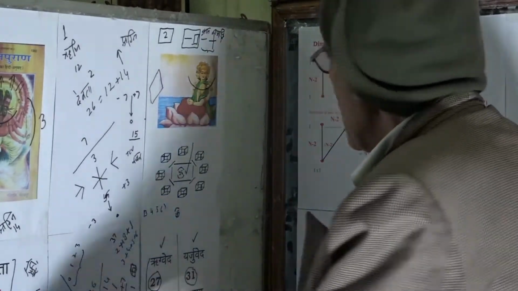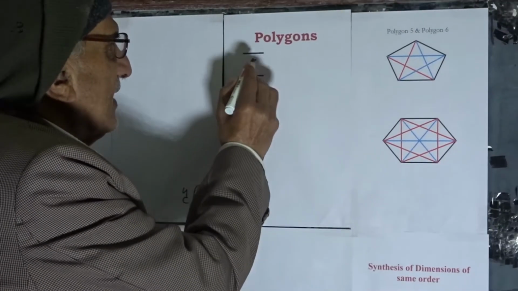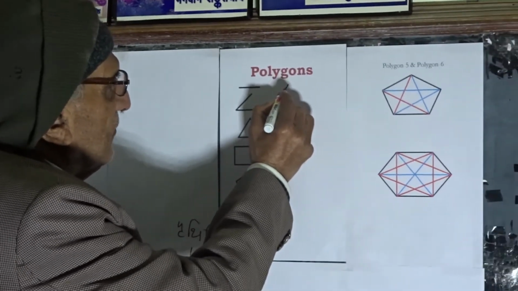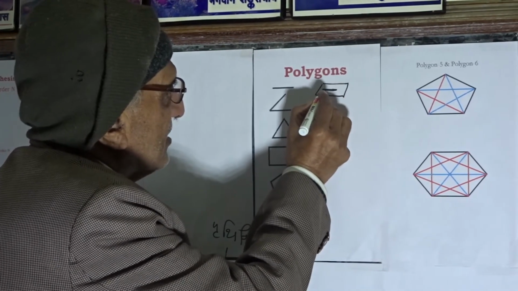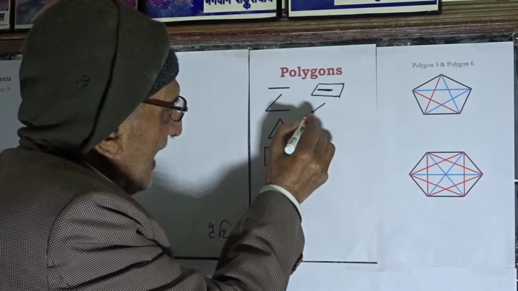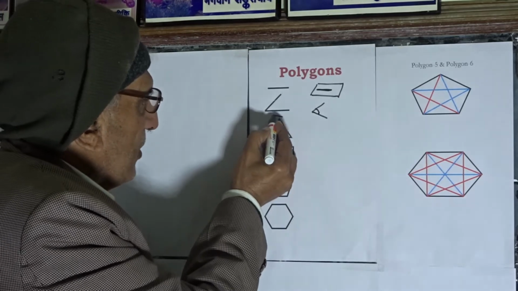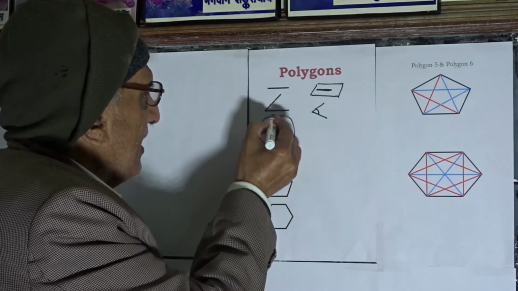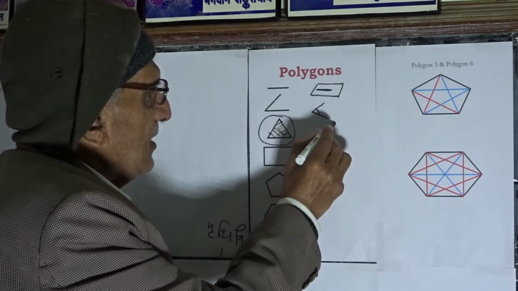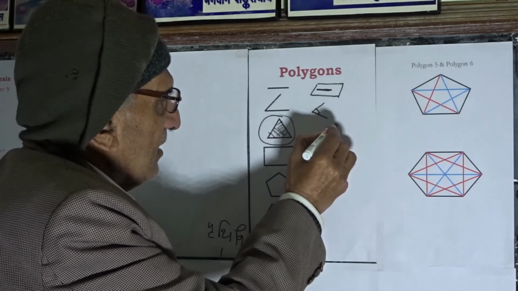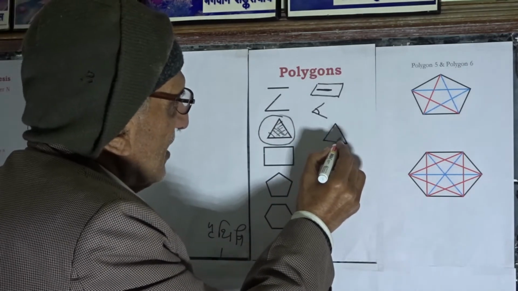Here in the context, when we'll go to the polygons, we'll see that this line within a surface as such is not exhausting the surface. Likewise, the angle is also not exhausting because we are not getting a closed system. We are getting a closed surface being enveloped by a boundary only in a triangle. That means only when we are having the triple axis,